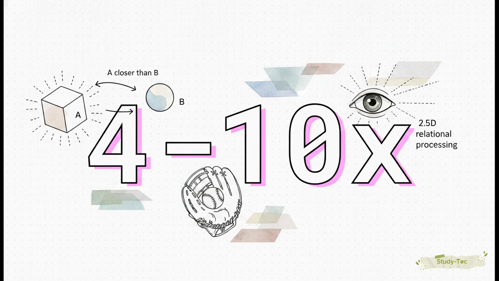Humans are 4 to 10 times more sensitive to relative depth than they are to absolute depth. Now, what does that actually mean for us? It means your brain is highly, highly optimized for 2.5D relational processing. It cares way more about knowing that object A is closer than object B, which is pretty vital if you're navigating a crowded room or trying to catch a baseball, than it cares about knowing the exact, isolated, metric distance